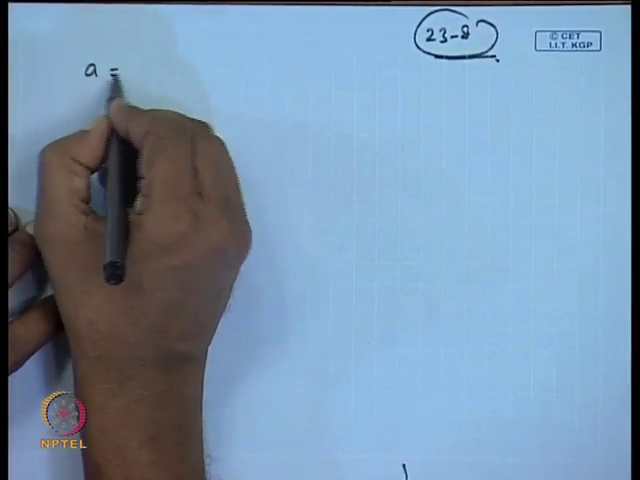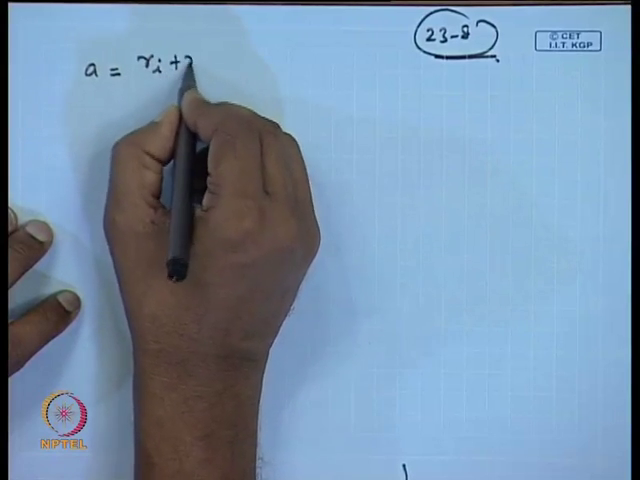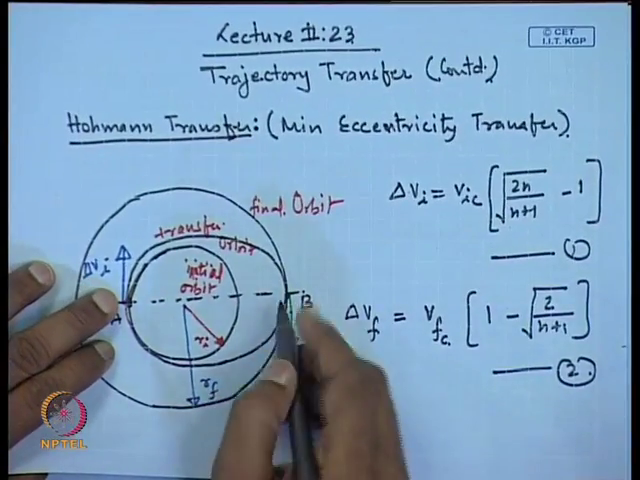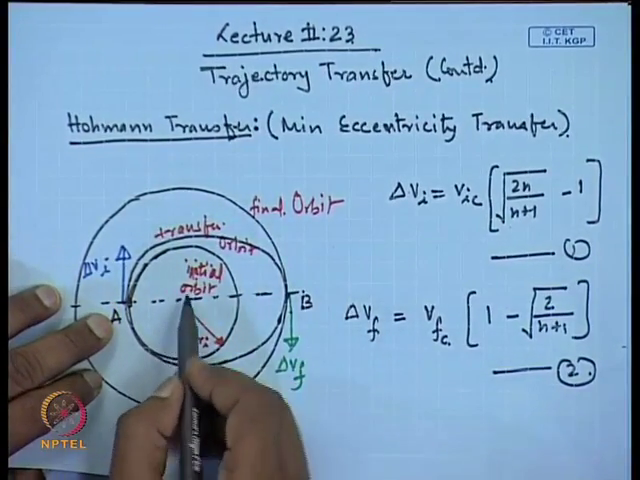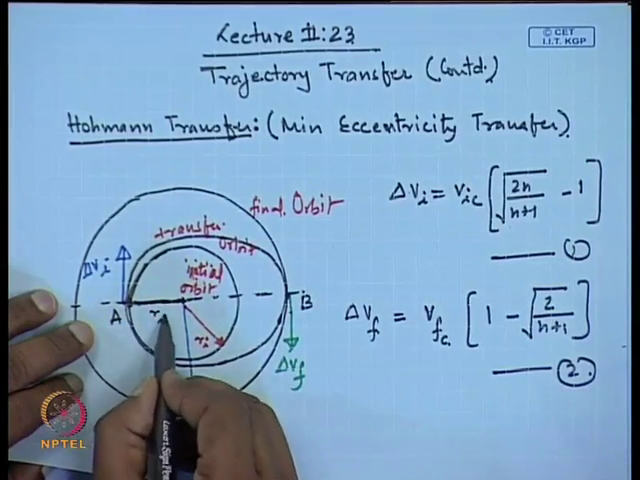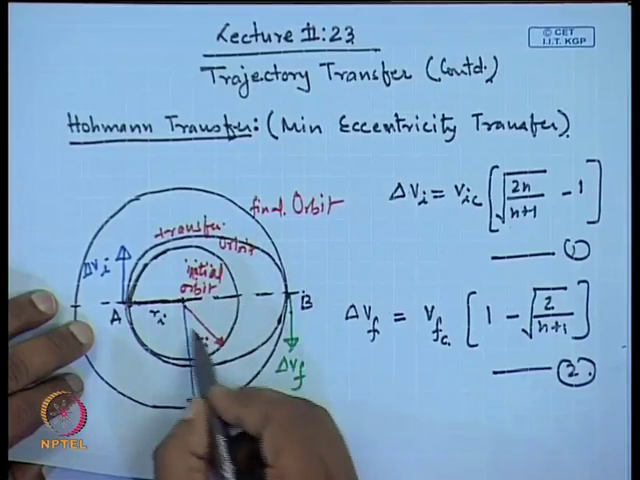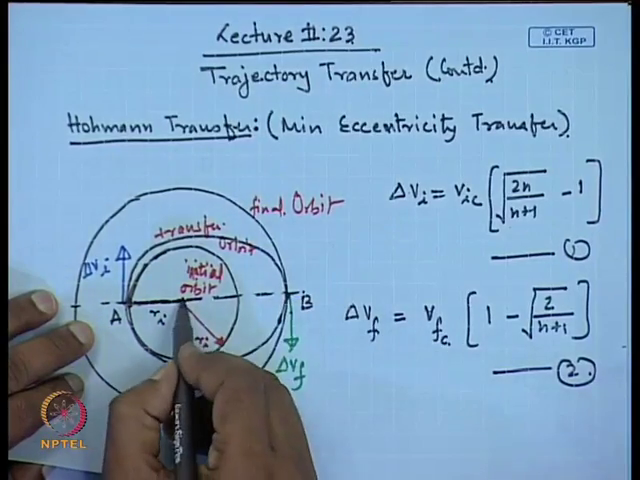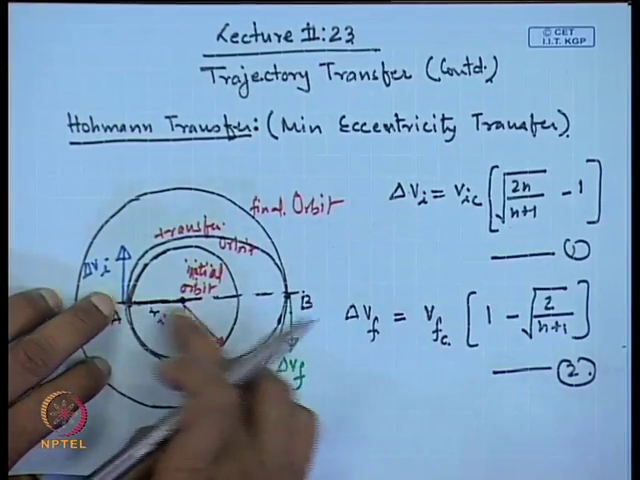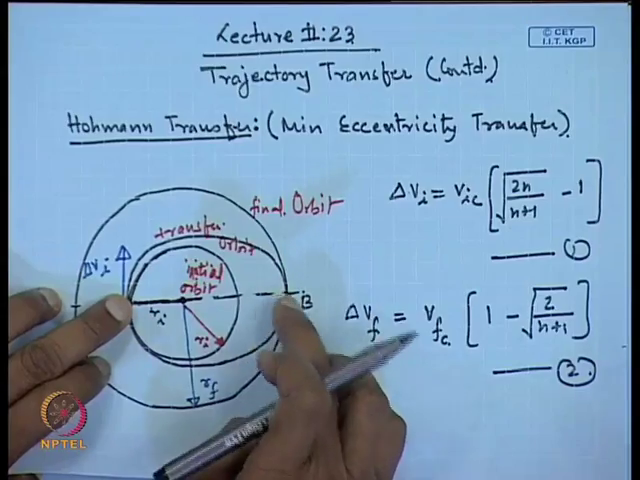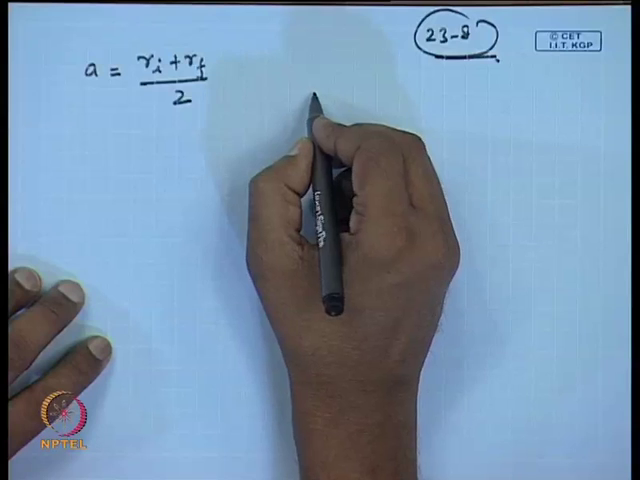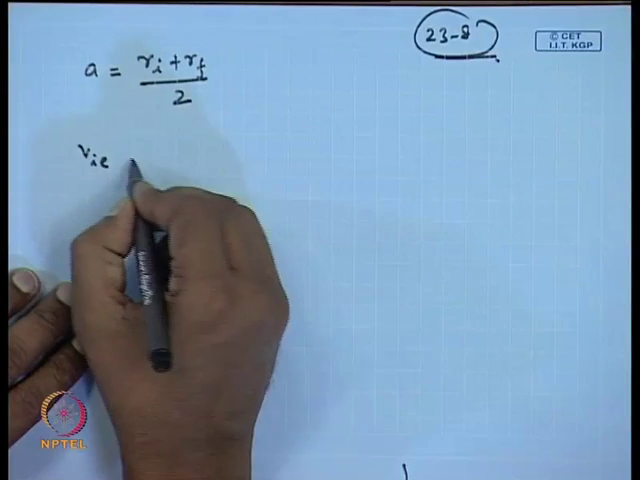And a is given as r_I plus r_f by 2, this we have done earlier also. The semi major axis of this elliptical orbit will be nothing but the distance from here to here, which is r_I, and the distance from here to here, from the center to point B, which is r_f. So, the semi major axis is obtained by summing r_I plus r_f and dividing by 2. So, a is equal to (r_I plus r_f) by 2, and therefore V_IE can be written as